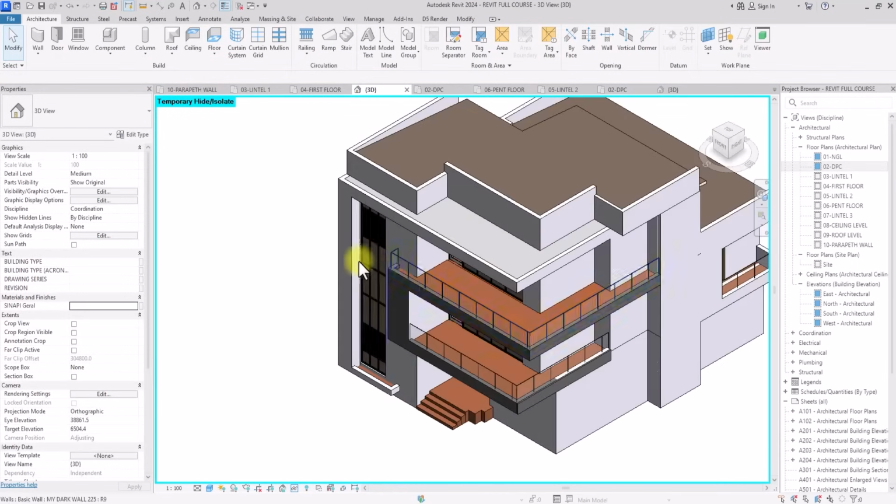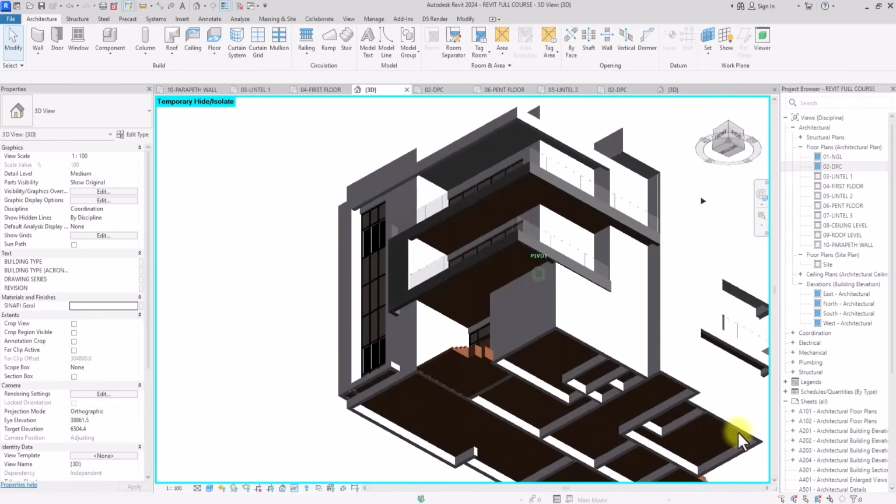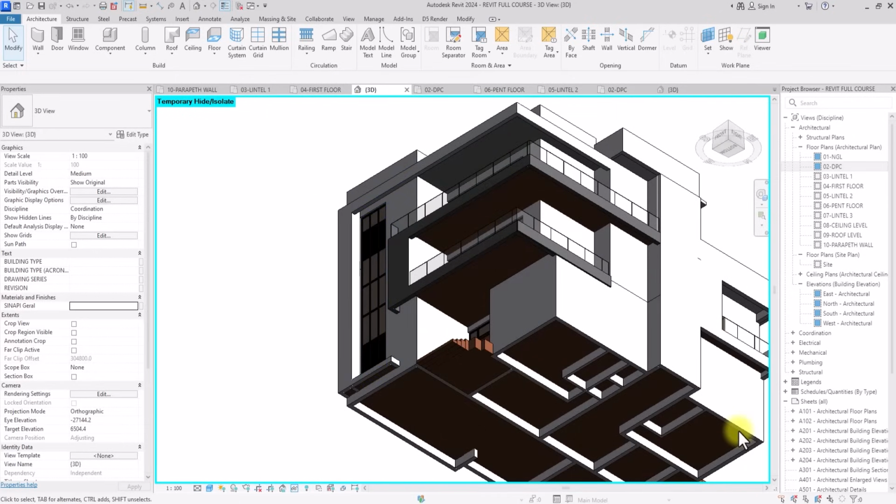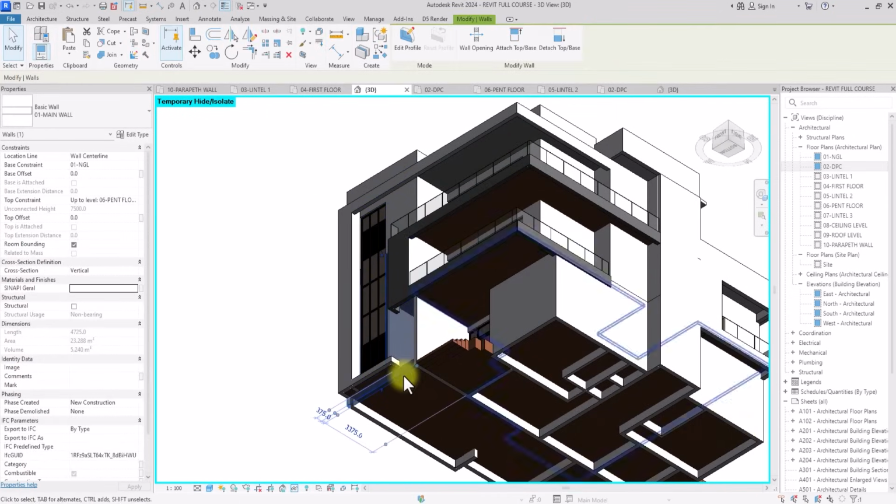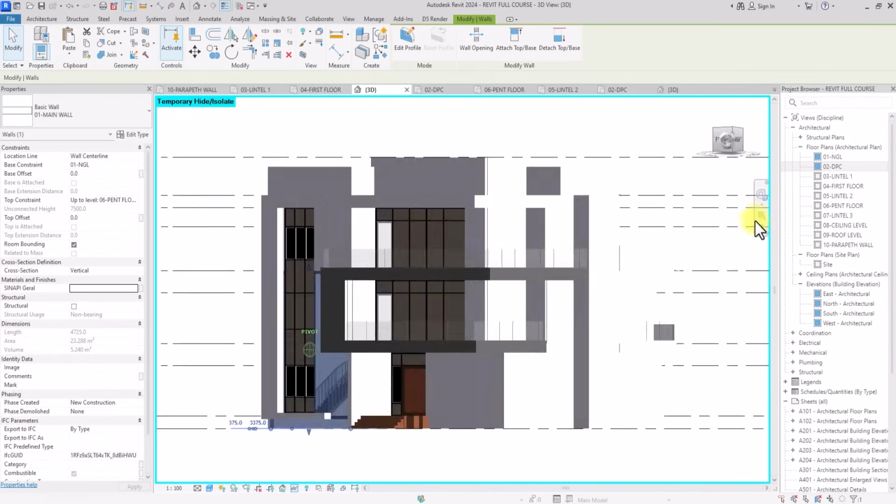So as you can see, this is the glazing. So now I'll be working with these materials. I want to change this material of this wall here. So I want to make this dark, and I want to inverse this. I just want to interplay with colors. So I'm going to